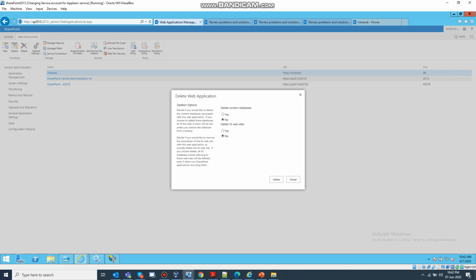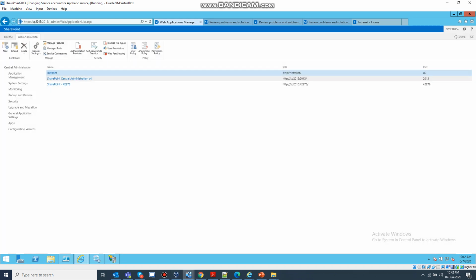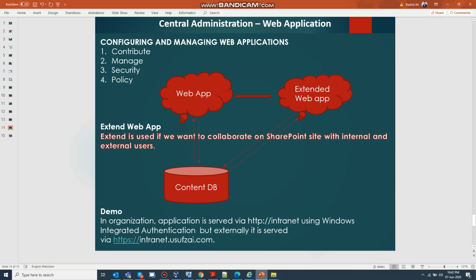So this is all about the extend functionality and how can we delete